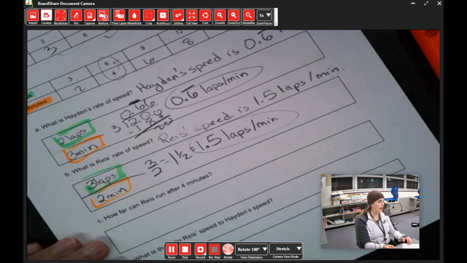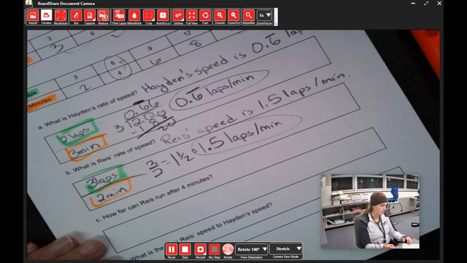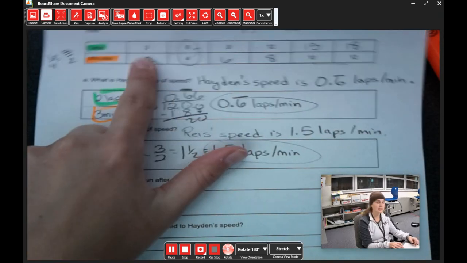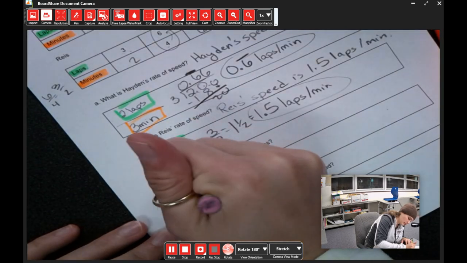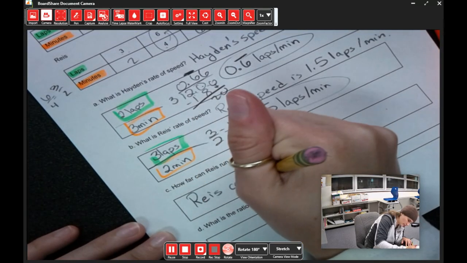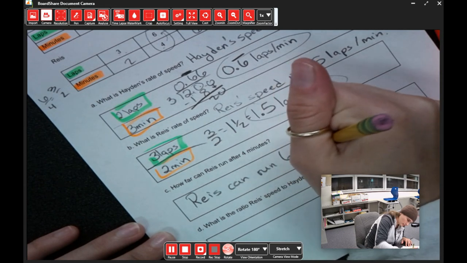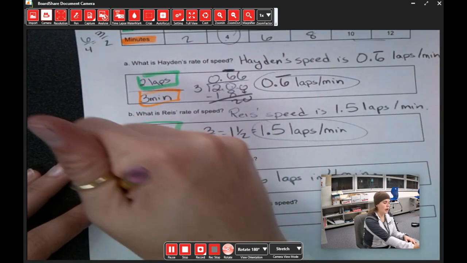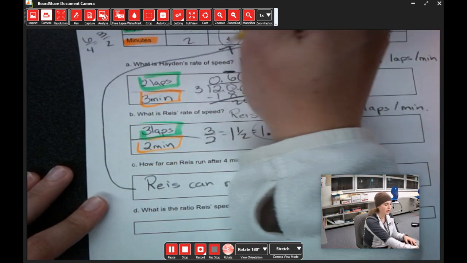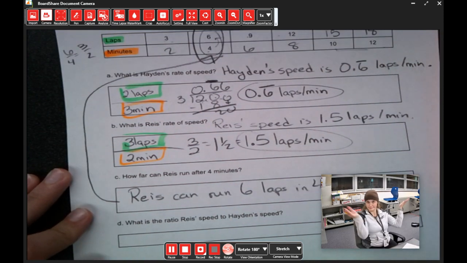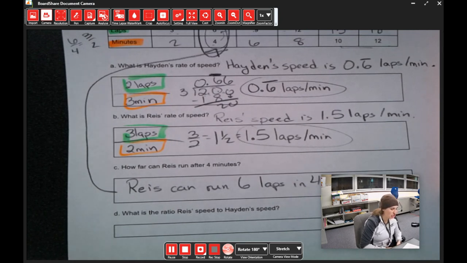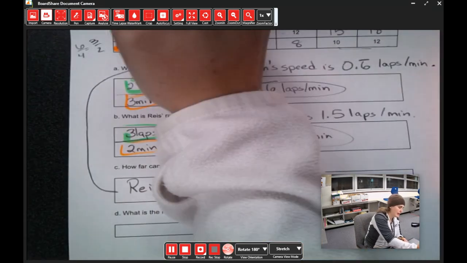How far can Reis run after 4 minutes? That's kind of a silly question, isn't it? Because it's right there. You can run 6 laps. But you know Miss J will want some work, so let's just draw an arrow to the answer that's right on the sheet itself. Whoops. All right, and what is the ratio of Reis's speed? Give him a color. Reis's speed